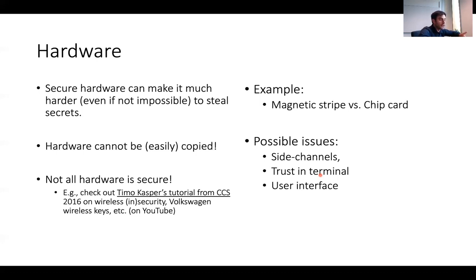It was very easy to steal this code, because every time you inserted your card in a reader, the reader would read your code. So essentially, every shop where you ever used your card could potentially steal your credit card, and credit card fraud was very common. On the other hand, chips are what we now use: cards with chips